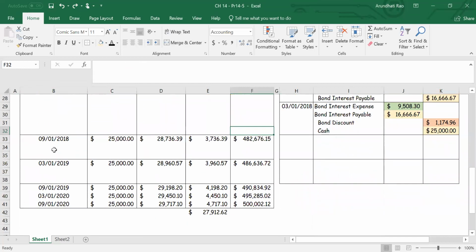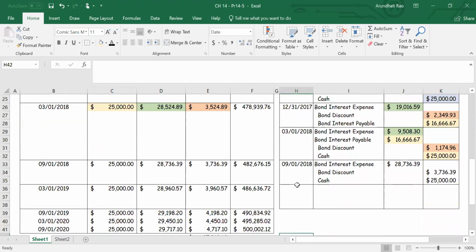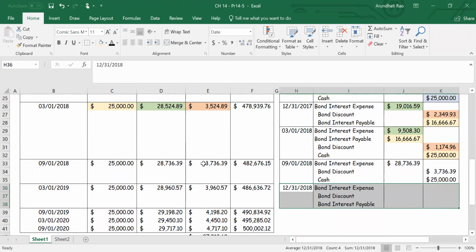Now we've done that, move to September 1st, 2018. That's fully within 2018. So the numbers that you had here, they're just going to come through over here. No worries. Okay, so exactly what you had here, like you did over here on September 1st, same thing on this September 1st. All 6 months are within the current year, so you do the journal entry. Now, March 1st, 2019, those amounts have to be split between two journal entries. Now, I was asked to do only through 2018. So I'm not going to do the next journal entry for March 1st. I'm just going to do it for